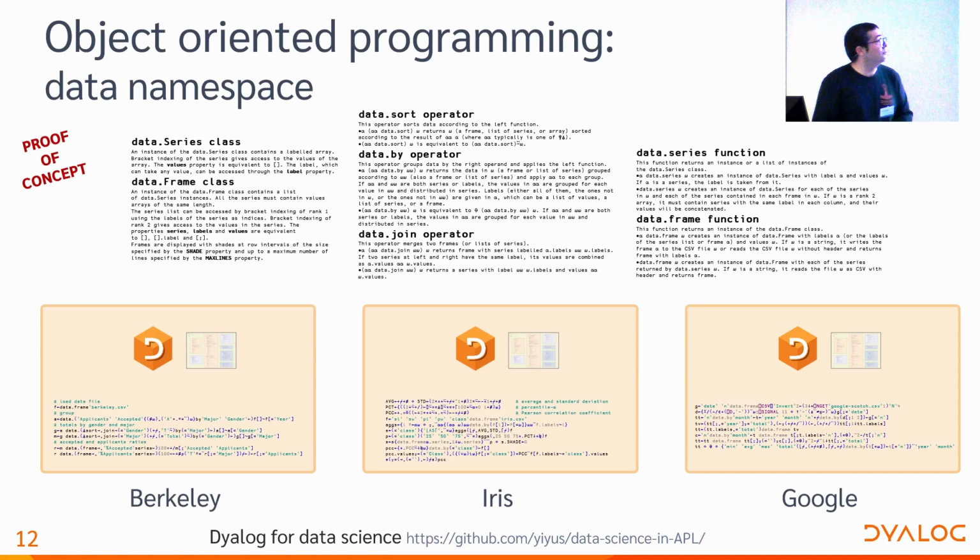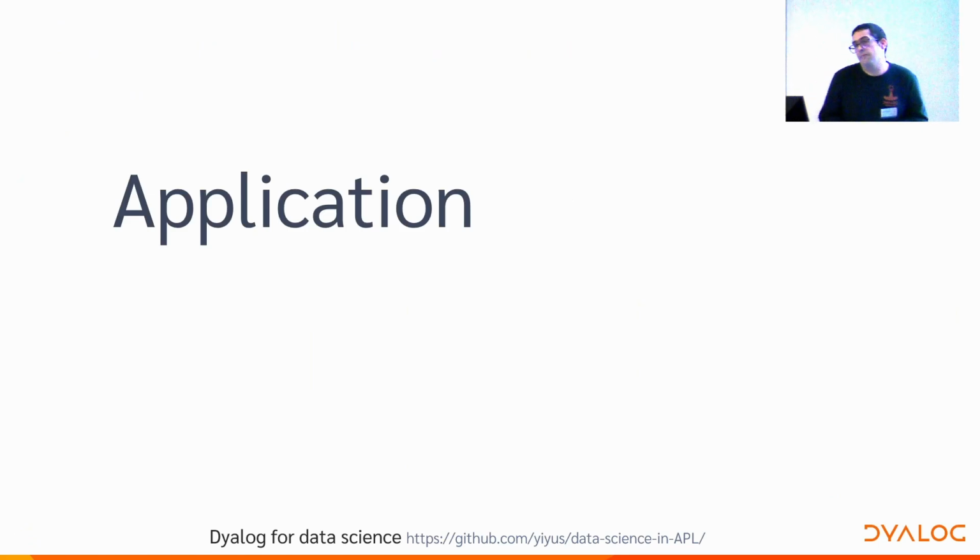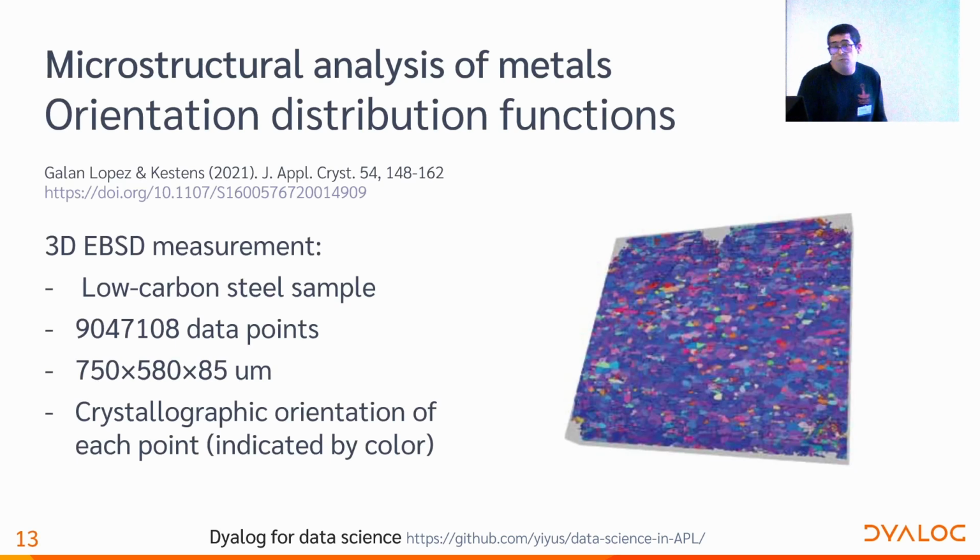And to finish, I would like to show a real application of what I'm doing. I think all these problems are very interesting, but this introductory material is what you see in Data Science 101. And I wanted to show some of the work I'm doing. I'm a material scientist working in metallurgy. And one of the things we do is to look at the steel samples in the microscope all the time. So here we have a sample of a steel which is less than 1 millimeter by 1 millimeter. And we put it in the electron microscope, and then we get a measure for more than 9 million points,